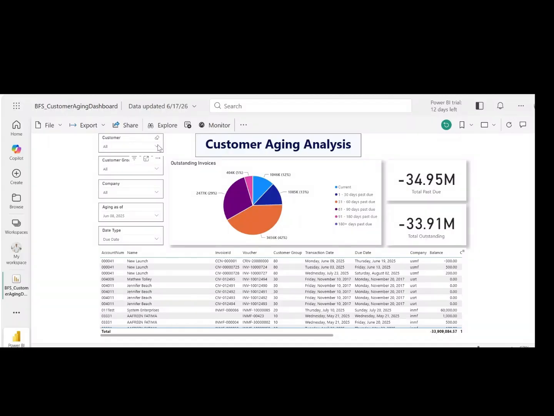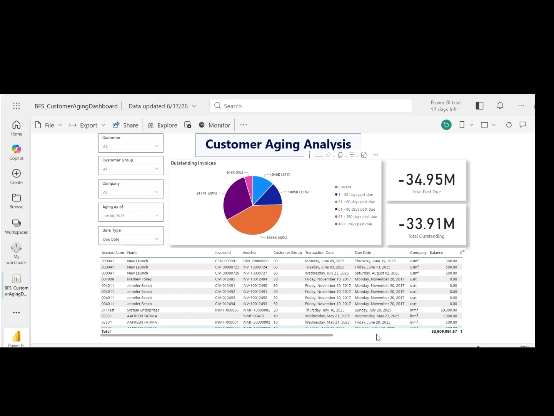On the left side of the dashboard, several interactive filters allow users to refine the analysis based on specific business requirements. Users can filter data by customer, customer group, company, aging as of date, and date type. These filters help focus the analysis on particular customers, legal entities, or reporting periods, enabling detailed investigation of receivable balances